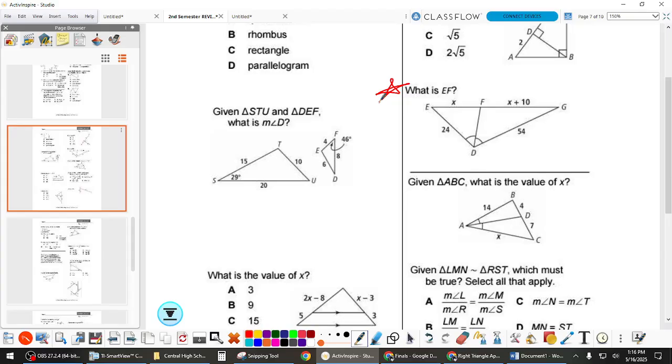Well, what do you notice about the markings? It's bisected. Yeah, the angle is bisected. Those angles are congruent, right? So even though it's angle notation, it's actually telling us